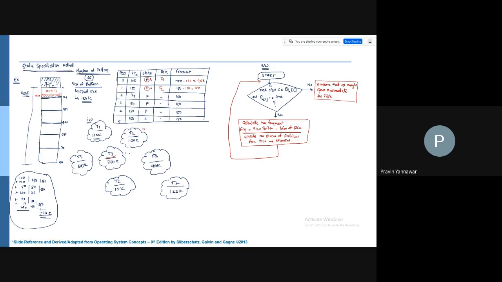T3 for i equals 3, because 1 and 0 are already allocated, so i equals 2. So 0 and 1 are allocated, like 150k.